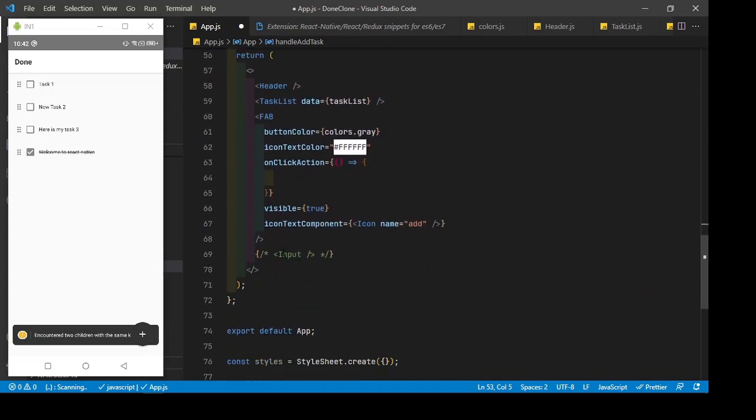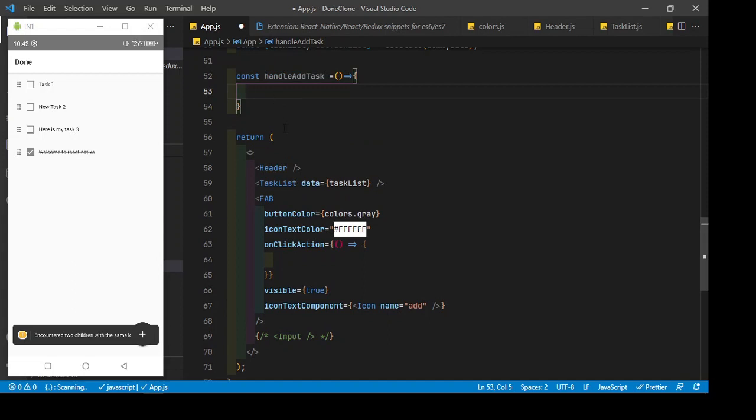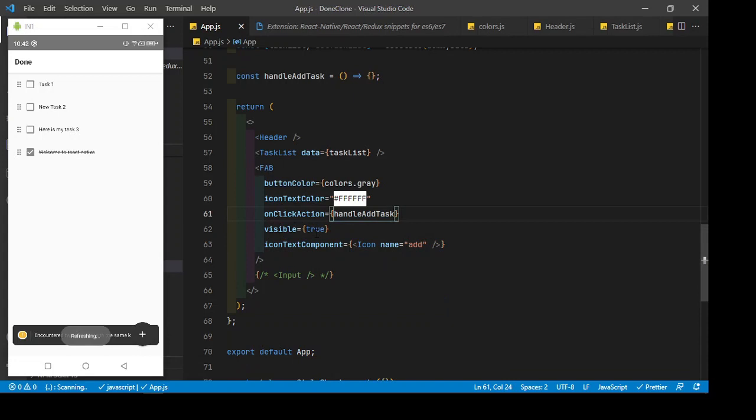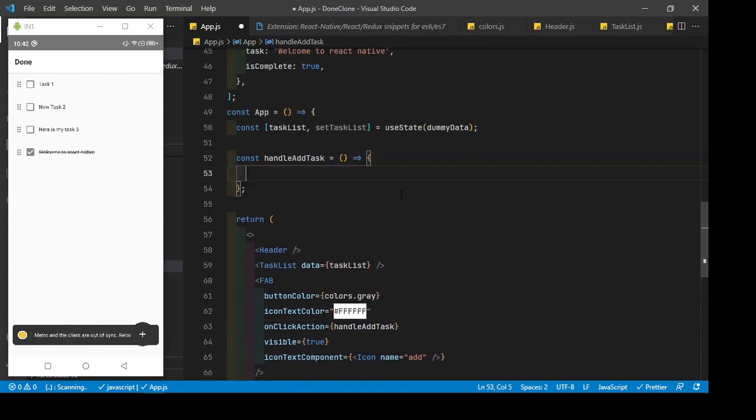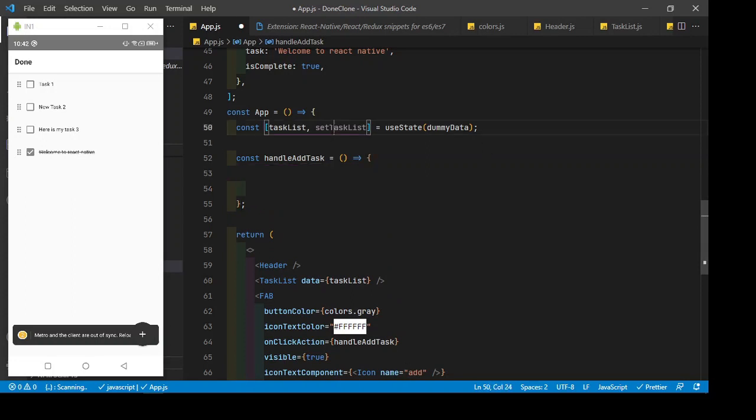In add task I have to remove everything and just add a task. When I click on add task, I have to add an empty element in this task list,